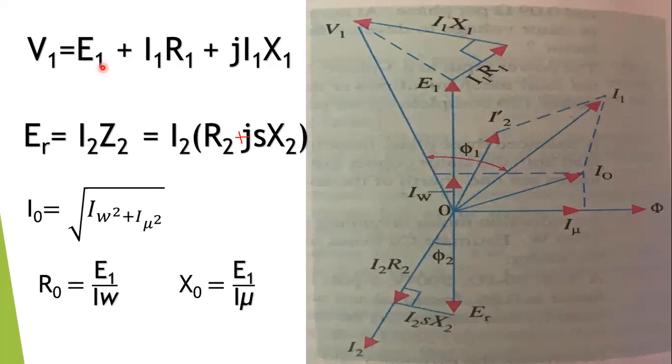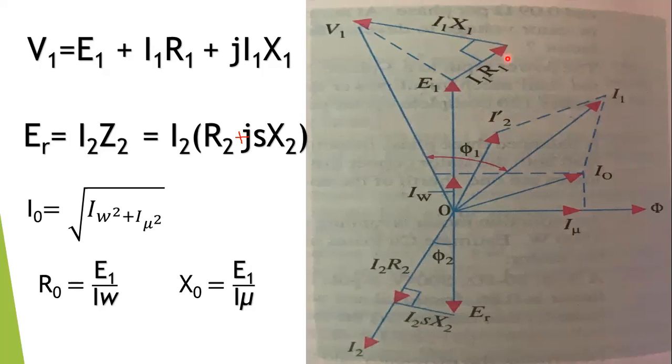From where? For E1, I have to add the I1R1 line. So at the end of E1, I add the I1R1 line same as I1, parallel to I1, which means same as I1. So I1 is located like this, angled, in an inclined position like this. So I add I1R1 also like this, same as I1.